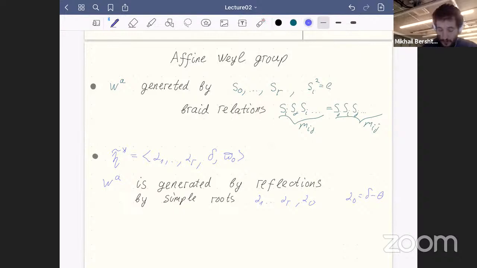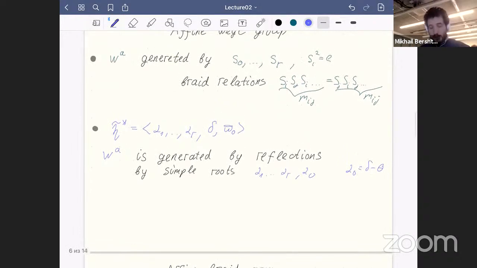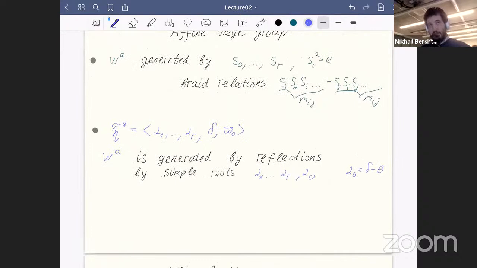Maybe you can ask, what do I mean by reflection? We can think that we have a scalar product on the space, such that I already used the scalar product many times. And then for any element, we have the corresponding reflection. So S alpha of V is V minus 2, okay, this is the standard formula. These are the reflections with respect to simple roots, but I should add that all reflections